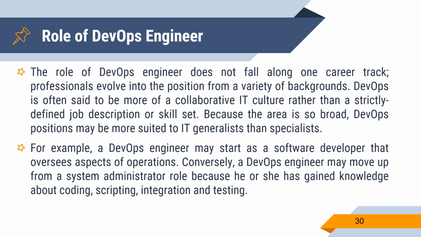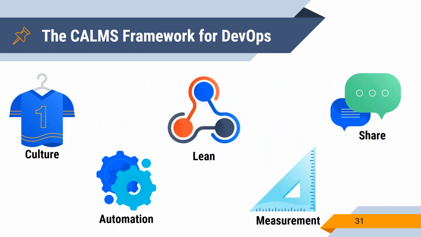And the role of a DevOps engineer, if you see, is that they have to do the automation in an effective manner, how fast we can deliver the product. That is the main intention of a DevOps engineer. And these are the cultures. We have a framework of culture. We have to share our things with others, and then we have to learn new things. Again, when we're learning, we have to share with the people, and automation and measurement, how fast we can create a disaster recovery environment. Those kinds of things are available in the DevOps framework.